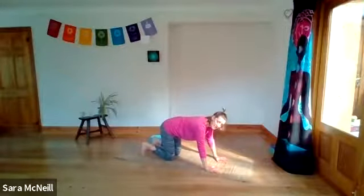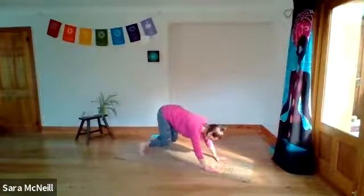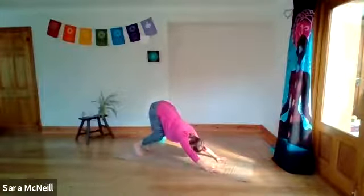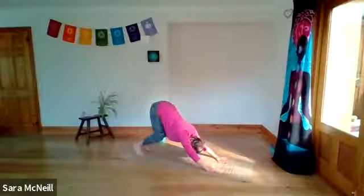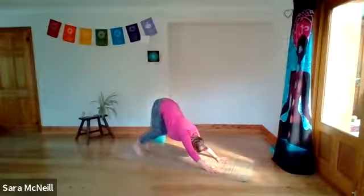I'm going to firm the belly, firm the pelvic floor, and tuck the toes under, and we're going to lift our knees off the floor as we push the chest back towards the bent legs. So bent legs to begin with. If you can, having your head between your upper arms, ears between your upper arms, and looking slightly backwards. If you've got really low blood pressure, look slightly forwards towards your thumbs,